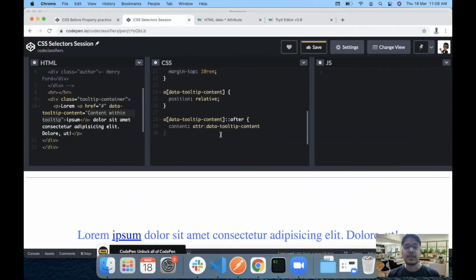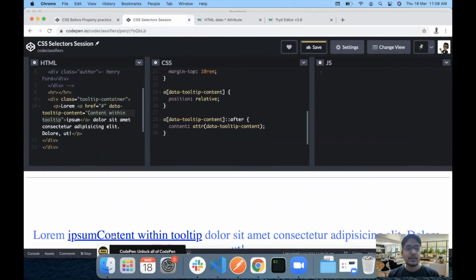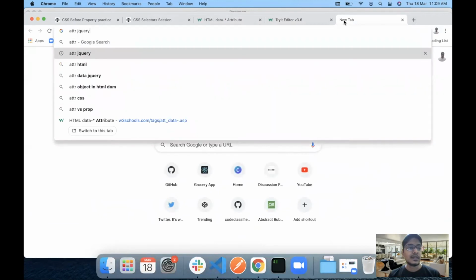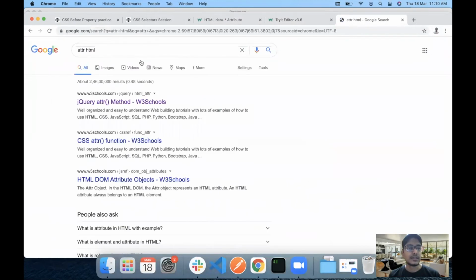My bad. So we are going to use an attribute function here, and with this we can get the content within the tooltip shown here. Let's just check what this is again.